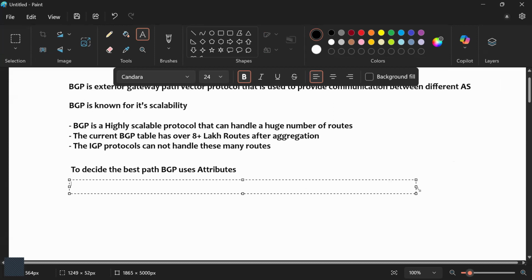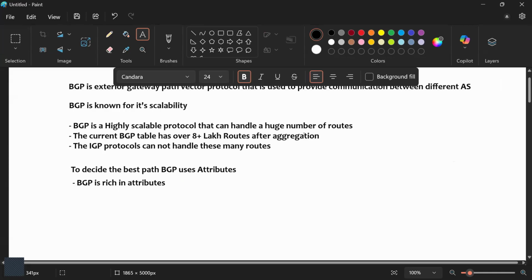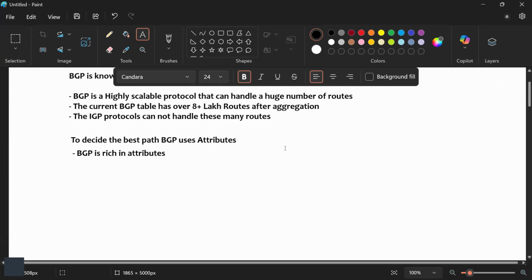That means multiple attributes are there. It uses about 12 to 13 attributes. So if we talk about the BGP attributes,